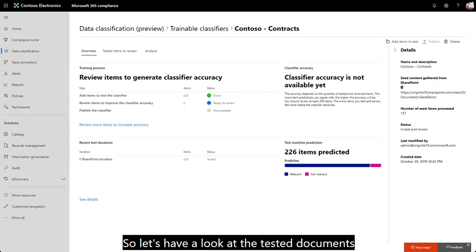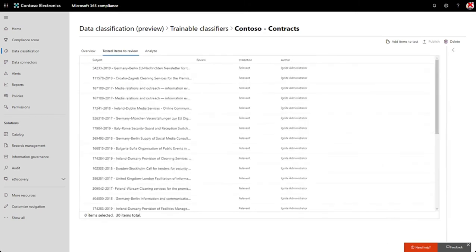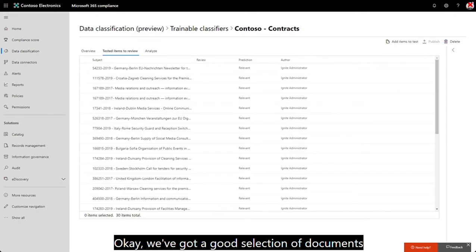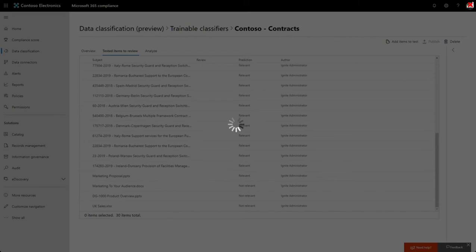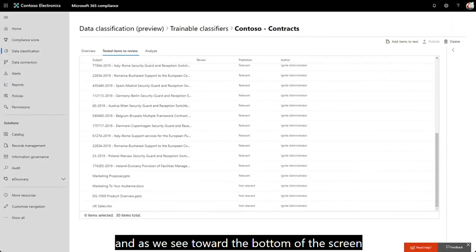So let's have a look at the tested documents and see how we went. Okay, we've got a good selection of documents to work with here. And as you see toward the bottom of the screen, we have some documents marked not relevant, as well as a lot flagged as relevant, and that's great. Let's check some of them out in more detail. Let's start with the island